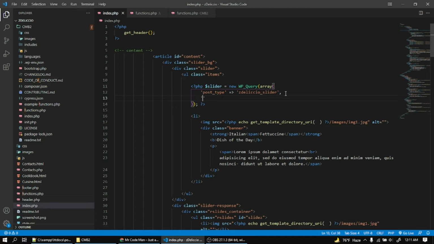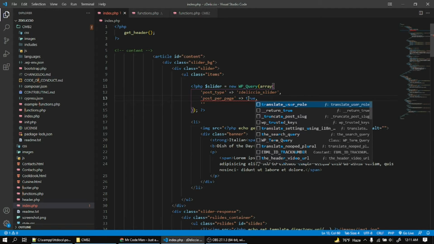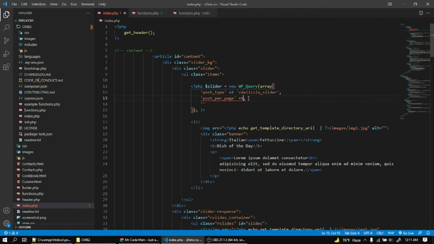and add posts per page. Like 3 sliders needed, that's why I'm adding 3. If you need 6 slider pages, then you have to add 6. If you want unlimited, you can use -1 or 2. Okay, I just want to add 3